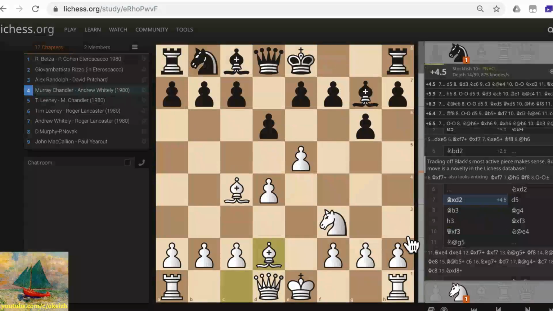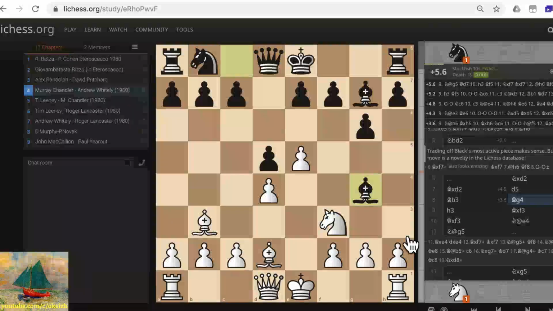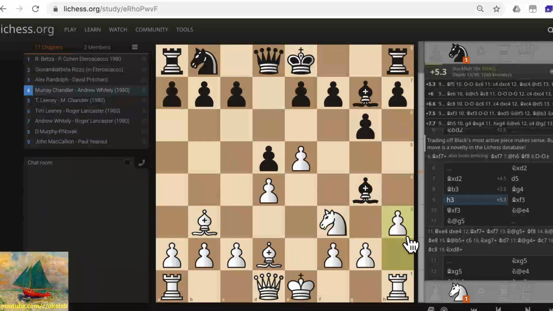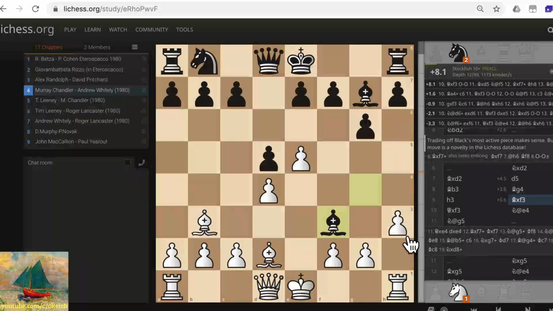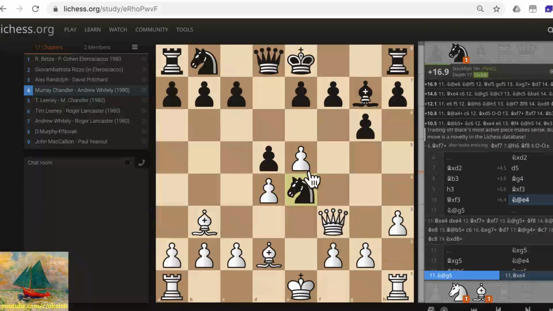facing. So d5, very good move from black to cut out all those threats. Bishop drops back, bishop g4, so black is playing very nicely. h3, takes. The problem is white is trading, and the more you're trading, the more this h6 is going to become an issue. Knight at h4,